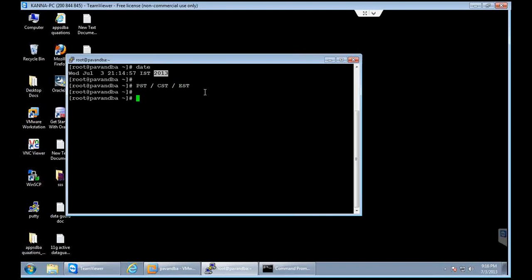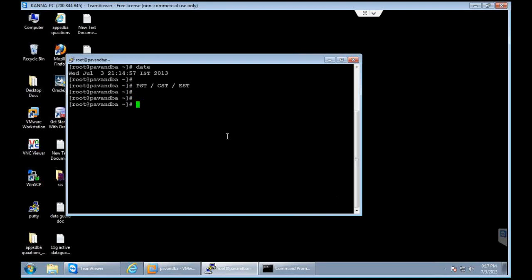PST and CST fall under the US region, and EST falls under European countries. So this is what we have with the time zone and the date command.